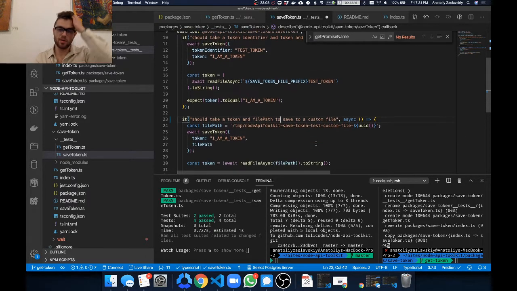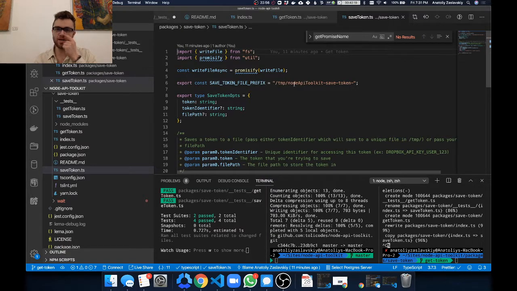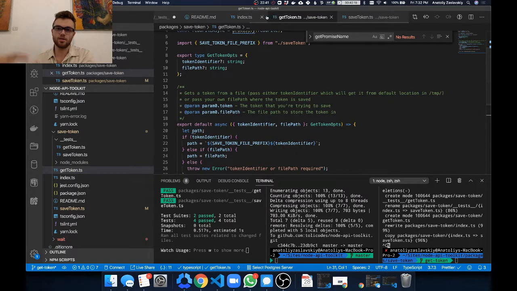So by default, it saves to a unique location, just prefixed. It's in temp. Let me show you. It's in temp / node api-toolkit, saveToken. Should probably make this with dashes. But anyways, then it takes a unique